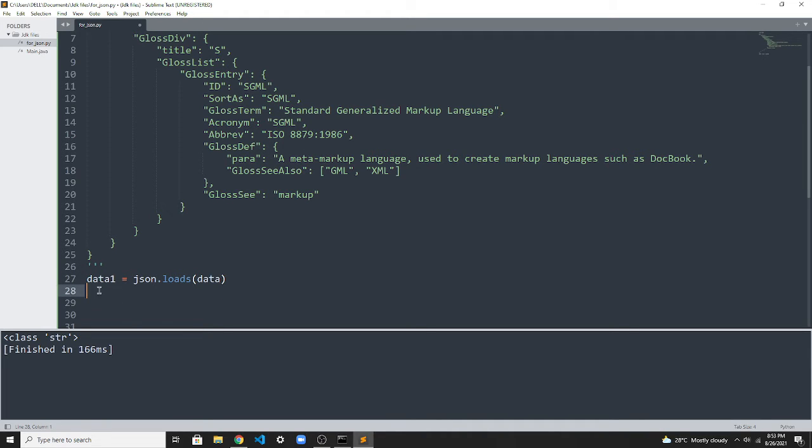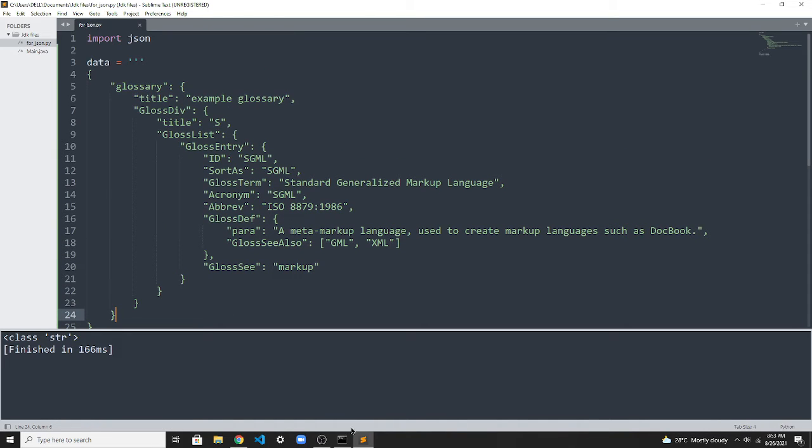Now we are going to see the data type of this. So we are going to print type of data1. To do that we can run this code in our terminal also.